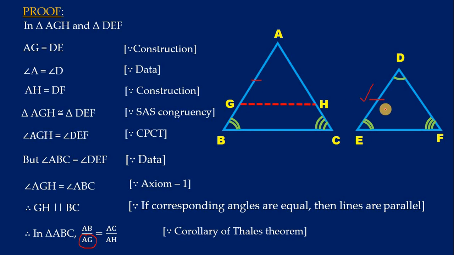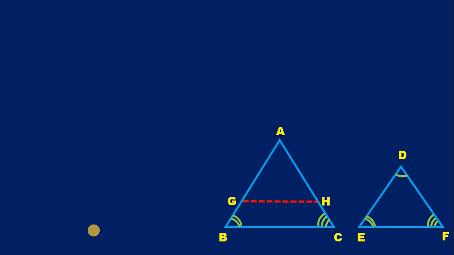AG is equal to DE. Hence in the place of AG I can write DE. Similarly AH I can replace by DF. So finally what do I get? I will get in triangle ABC, AB by DE equals to AC by DF, which is equation 1,